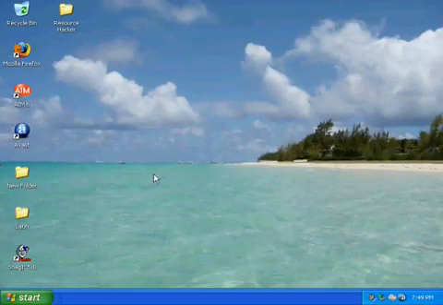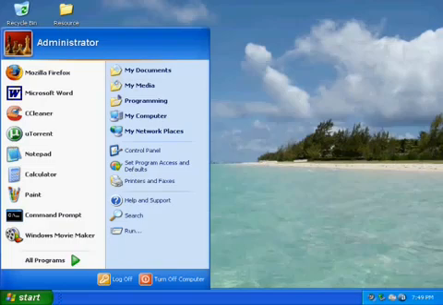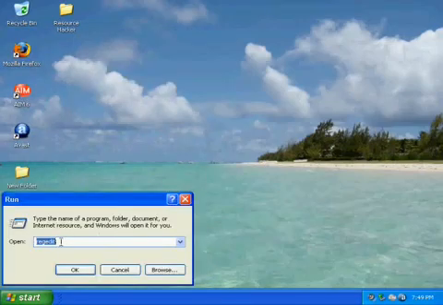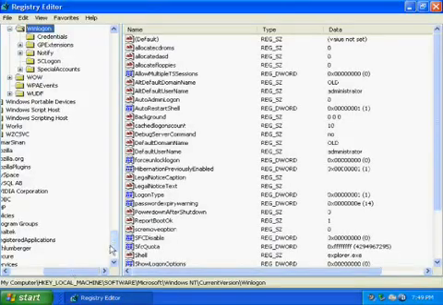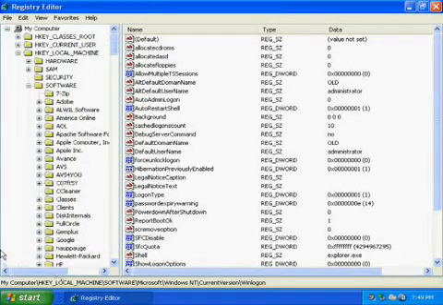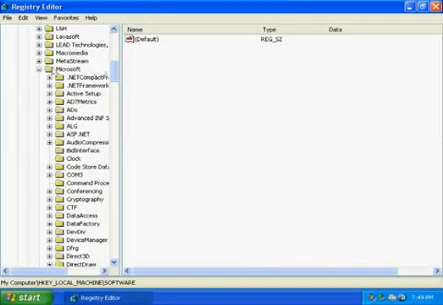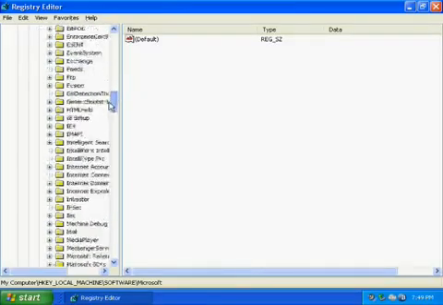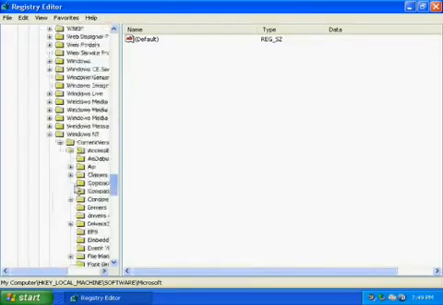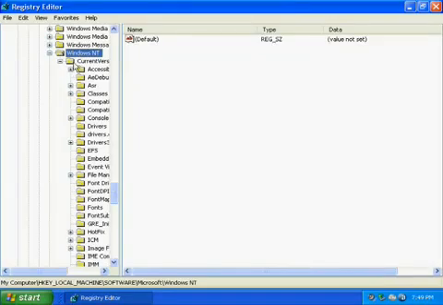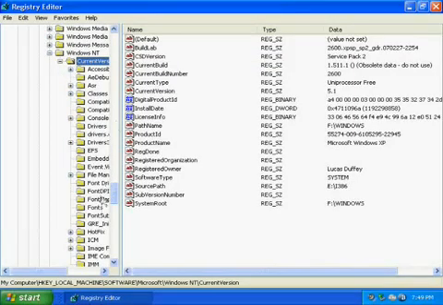One last thing you need to do is open Registry Editor, and to do that you hit Start, Run, and then type in REGEDIT and hit OK. Once you open this up, you need to expand the HKEY_LOCAL_MACHINE tab and then the Software tab. I'm going to write this all in the video information, so you don't need to remember all of this. After you expand Software, go to Microsoft, scroll down a little bit, go to Windows NT, then CurrentVersion,